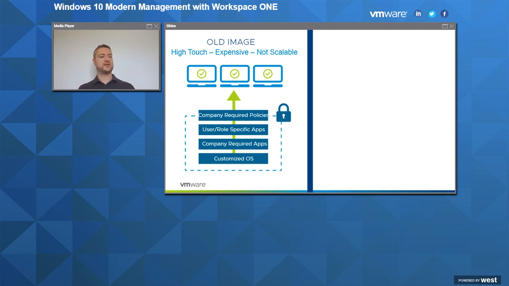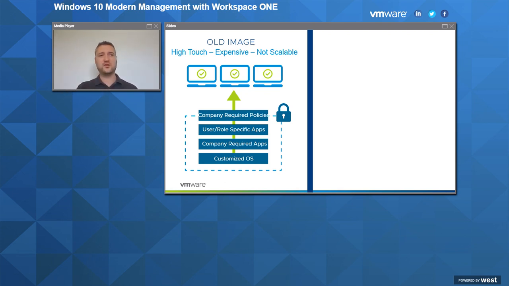The first thing that 99% of all organizations will do is stick their own corporate image on top of that. So even though the machine comes with OEM Windows 10 built in and probably optimized for the hardware, most organizations will then stick their own corporate image on top of that. And it's taken them time to build that corporate image, and that corporate image needs to be updated. That's then put on top.